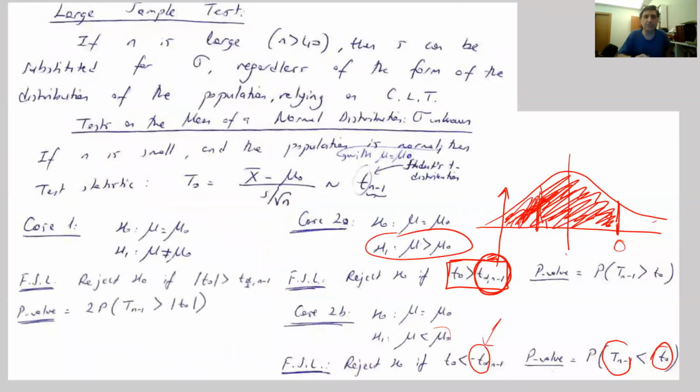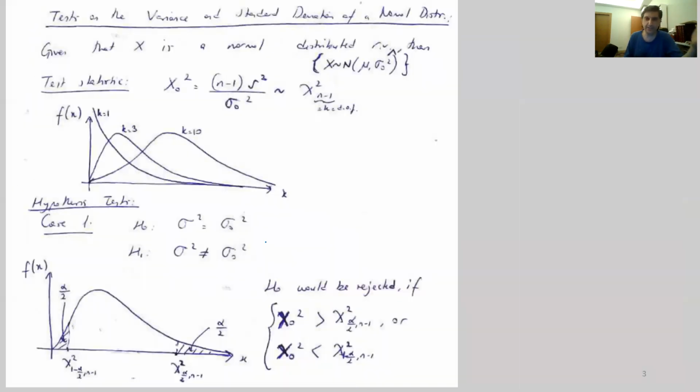If we recall the t-distribution case, note that this is going to be only a single t alpha over 2 value. We compare the absolute value here because t0 may be greater than t alpha over 2, n-1, or t0 may be smaller than minus t alpha over 2, n-1. So we have an upper and a lower critical value, but note that they are just the negative of the other one, the same value. Here, this is not the case due to non-symmetry and also non-negativity of the chi-square distribution. So actually, both of these limits will be positive values.